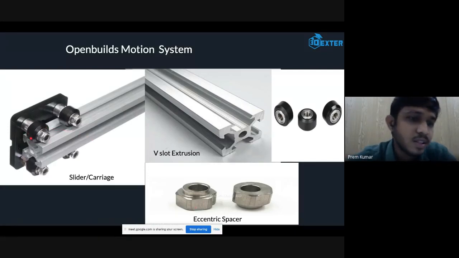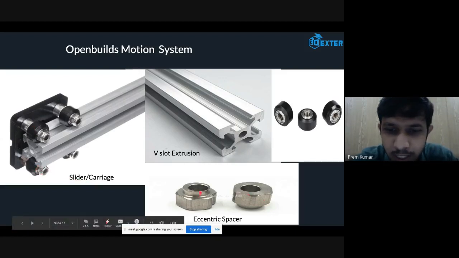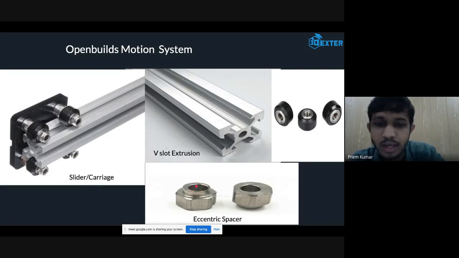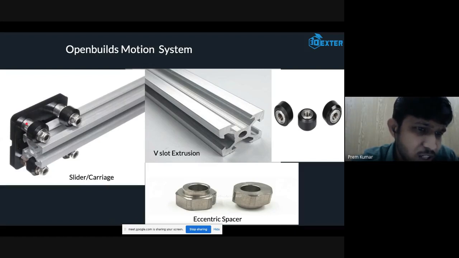So let us consider that you have made the mechanism and the complete mechanism is too loose. While you move it, it is vibrating, or it is too loose, or it is too tight. Then what you can do is, if you turn this nut, you can actually reduce or increase the distance between this top wheel and this bottom wheel. If you look at the eccentric spacer, the hole is in an eccentric location, not in the center of this spacer. So by turning this, you can adjust the center distance between this wheel and this wheel.